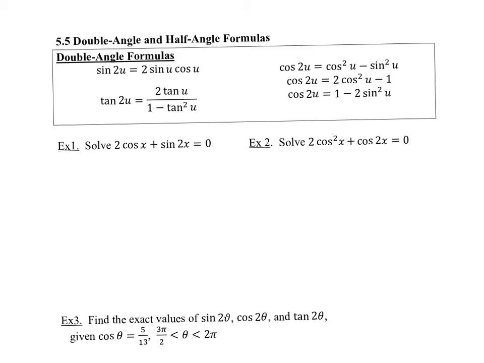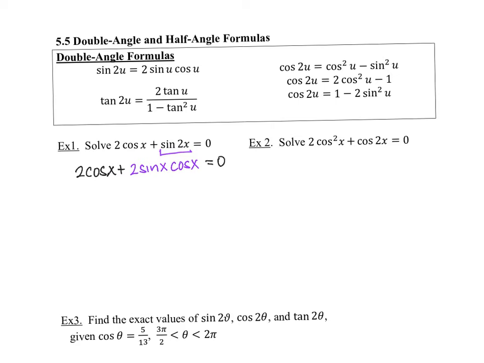Okay, so for example, when I'm going to solve 2 cosine x plus sine of 2x equals 0, the reason this is difficult to solve, besides the fact that it has a cosine and a sine in it, is that this is the cosine of just x, and this is the sine of 2x. So they're kind of mixed. Okay, but the sine of 2x is the formula written up here. So I'm going to replace sine 2x with 2 sine x cosine x, and then I'm going to solve it that way because then at least they will both have an argument of x. So 2 cosine x plus, and I'm going to replace sine 2x with 2 sine x cosine x